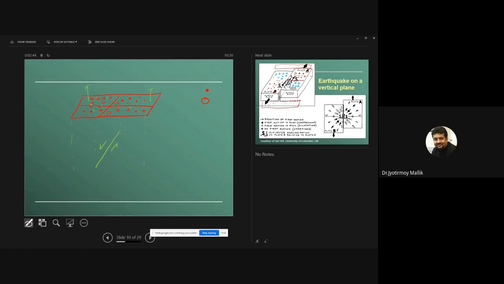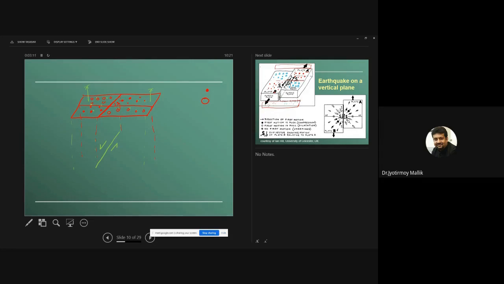Okay, so I can simply divide them. So what I am drawing, these two lines are nothing but the projection of two planes,